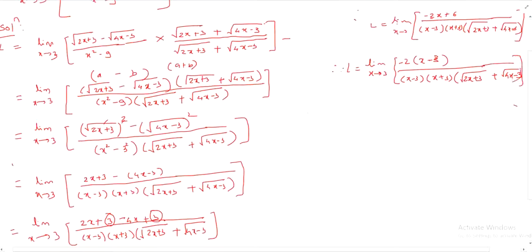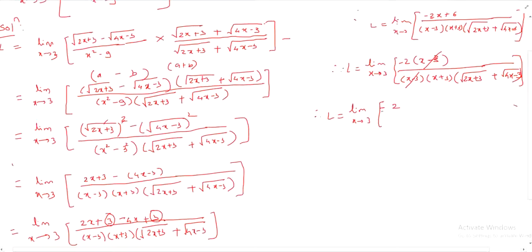First complete this square bracket, limit x tends to 3. Here minus 2 is constant, we can take it outside the limit also, but before that, here we want to cancel this common factor x minus 3. As I have told you in the very first part of the example, we want to remove that common factor x minus 3 from both numerator and denominator, as we have done here, that is, cancel it from numerator and denominator.